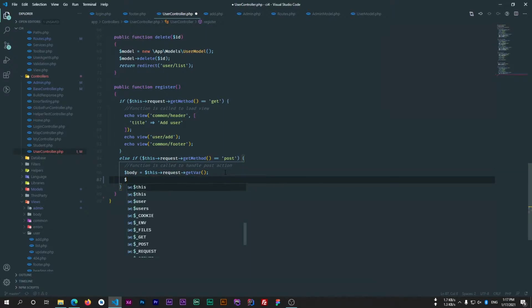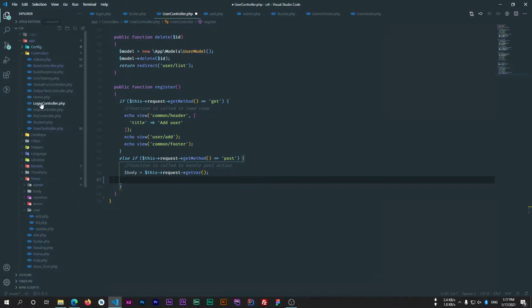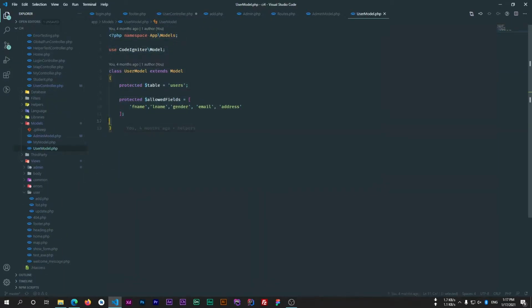Now I'll get an instance of our user model. I have already created that user model, same as our admin model. Let me show you this one. It's using the users table and it has these fields: fname, lname, gender, email and address.